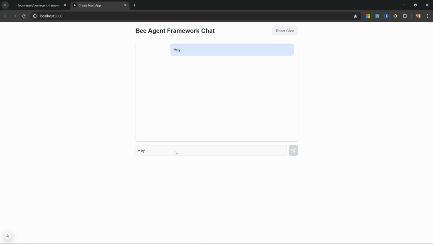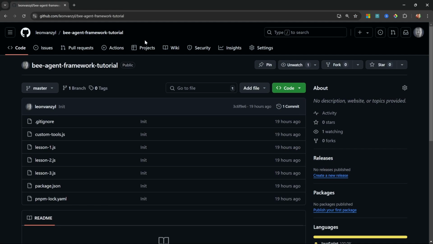And as an added bonus, I will show you how to add your agent to a Next.js application where you can have a conversation with your tool agent, and this will also show you the individual steps and reasoning by the agent. Before we get started, I do want to mention that you can download all the source code from